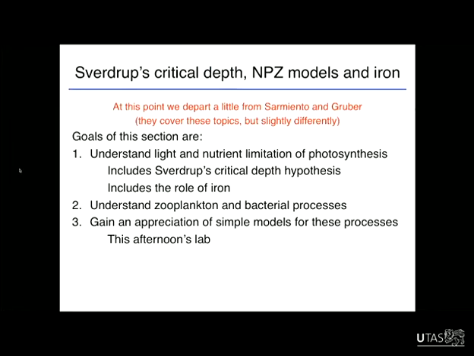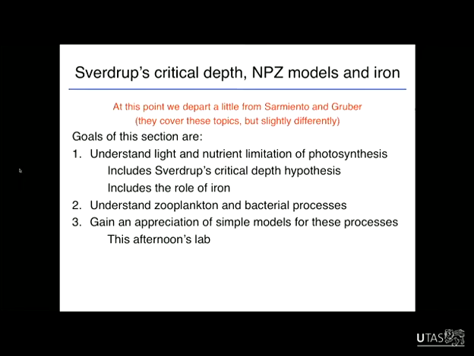Okay, so I'm going to talk now for a few slides about the seasonal cycle of productivity in the oceans. This is another example of a process by which we can get those two important resources, dissolved nutrients and light, in the same place for phytoplankton to use those resources and generate high productivity.